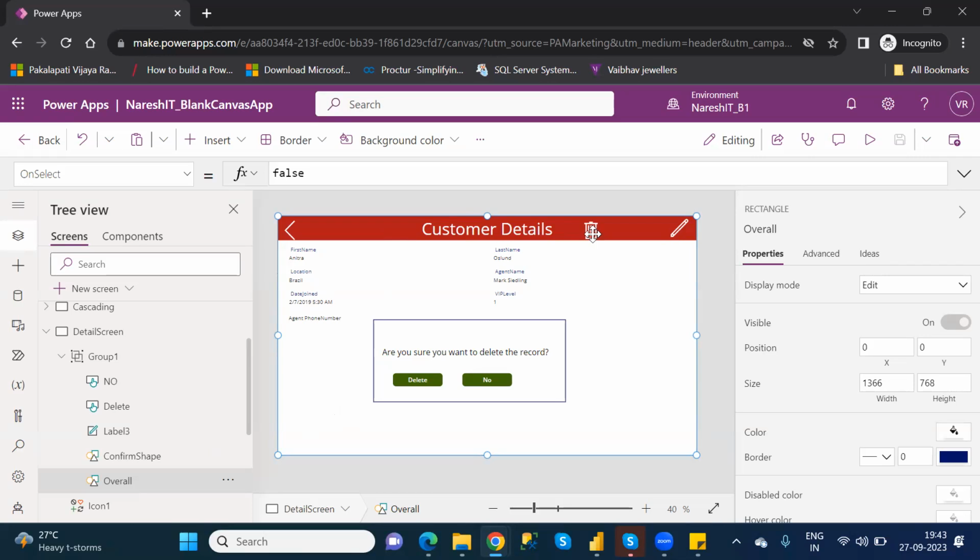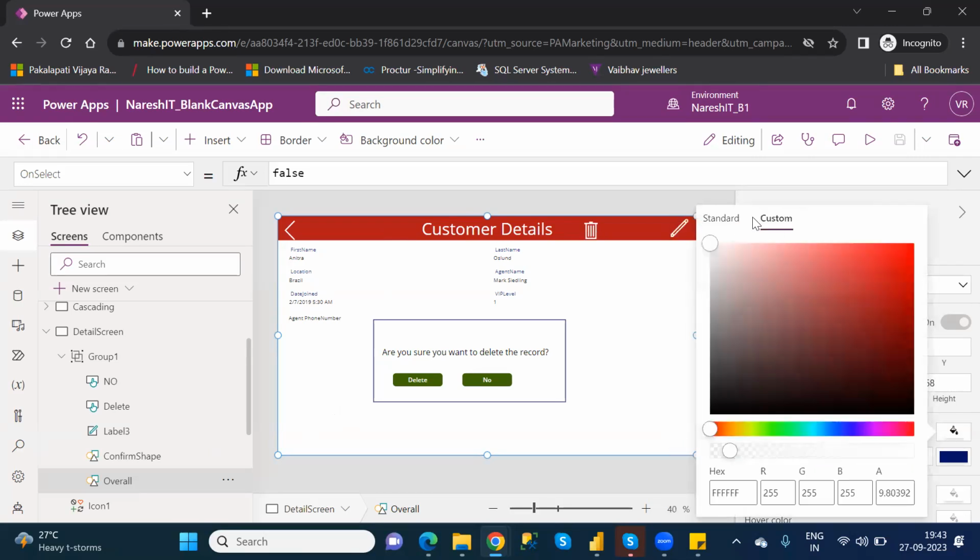Then under the custom properties, I set this fill option here itself. Then the white color needs to be changed to a light white color. Light white color means whenever you try to click on any elements, you cannot click on that one. That means you cannot do any operation on it.